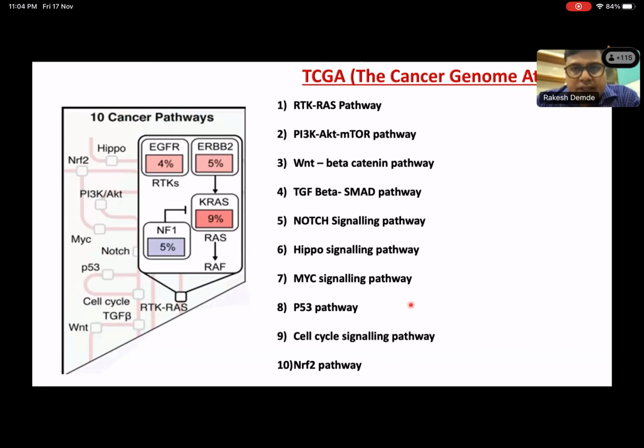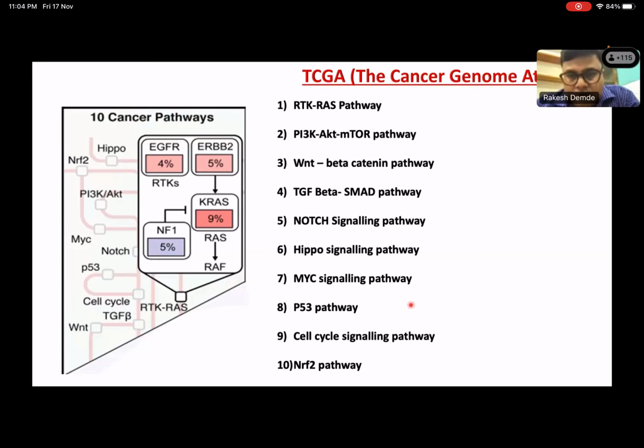So these are the 10 signaling pathways demonstrated by TCGA, mentioned in The Cancer Genome Atlas, which have importance in solid tumor pathogenesis. So we have the RTK-RAS and PI3K, AKT, mTOR pathways, which are the two major pathways seen in the majority of solid tumors. Then we have the WNT beta catenin and TGF beta SMAD pathways, which are seen in colorectal or some other hepatocellular carcinomas, and some other Notch signaling and Hippo signaling, and the P53 pathway, which is a major pathway for